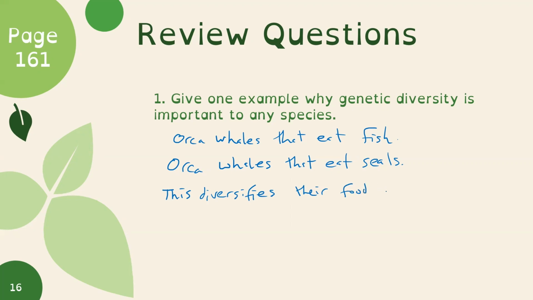And limits their competition. It also means that if one of the food resources is eliminated, then not all orca whales are going to be impacted. So it protects them from that danger. Yes, it means that some possibly, say if all of a sudden the seals disappeared, then the orca whales that eat the seals could either adapt and start eating other things, or they might die off, but not all orca whales would die off because they're not dependent upon just one